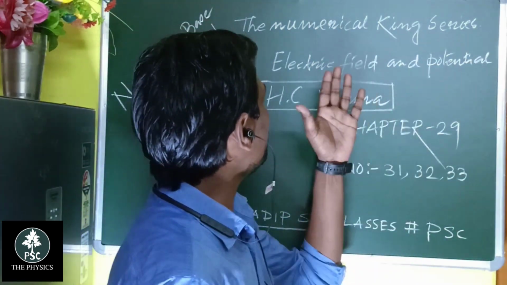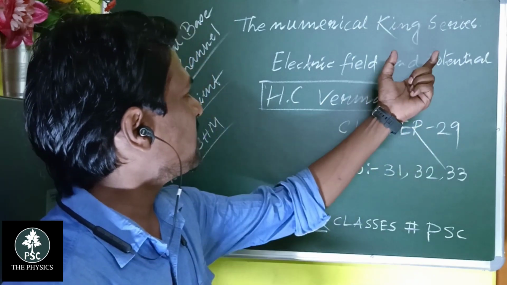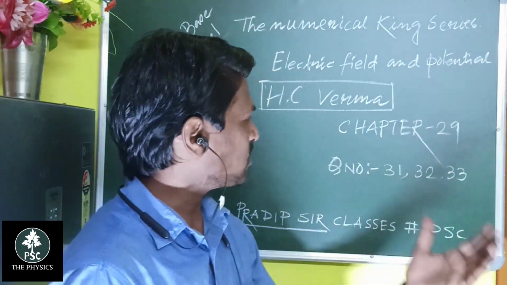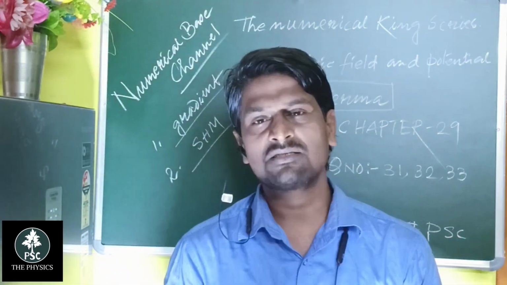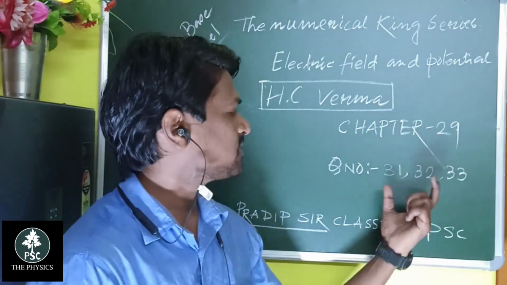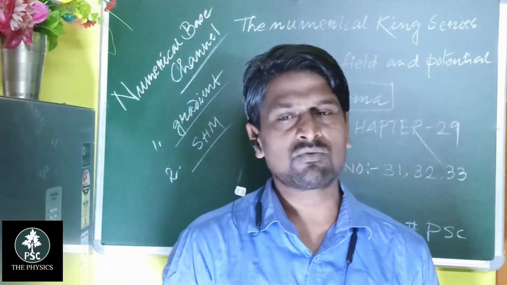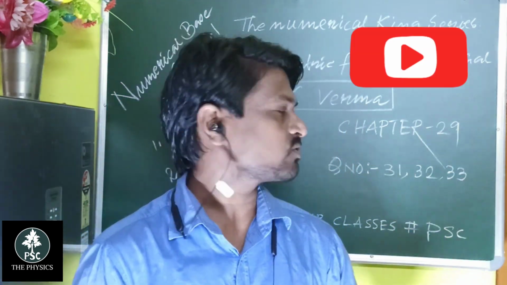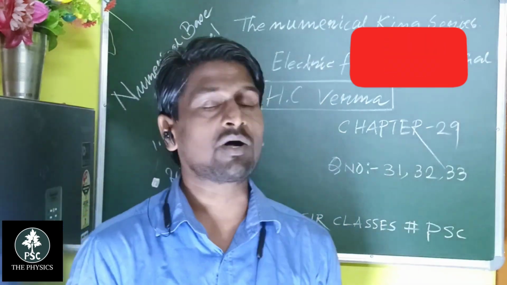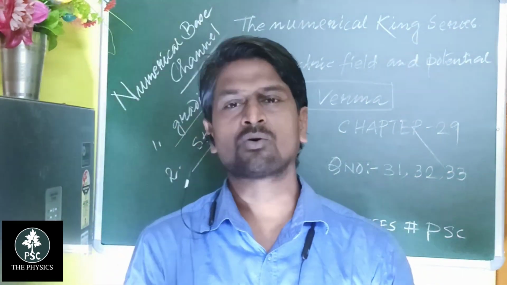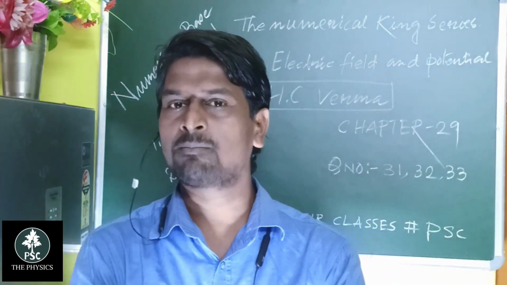Okay, so we are in particular the numerical King series, electric field and potential, H.C. Verma solutions we are going through, and this is chapter number 21, questions number 31, 32 and 33. And if you are first in that particular class, then go back to the previous one. Here I solved 1 to 30, and then I have solved Gauss's theorem and it is also completed,